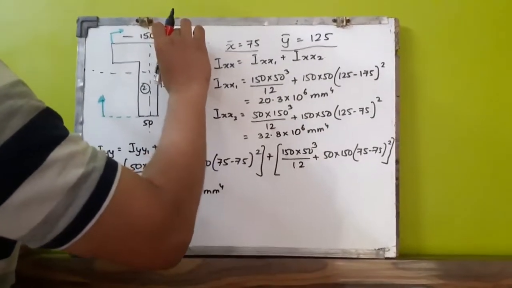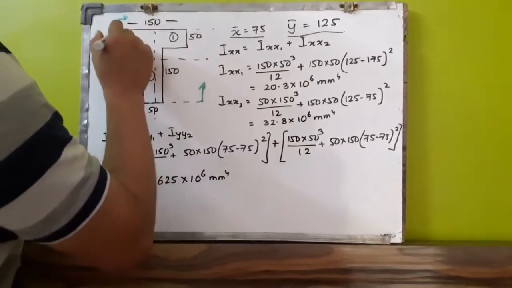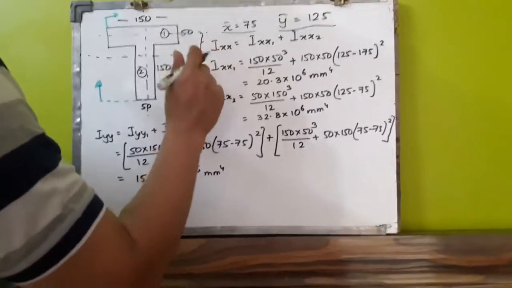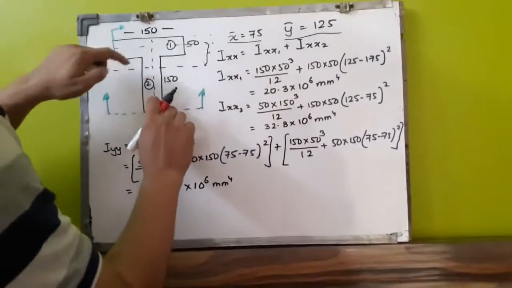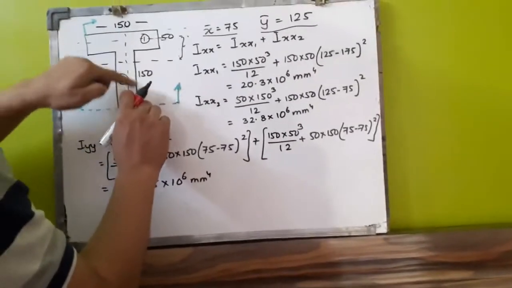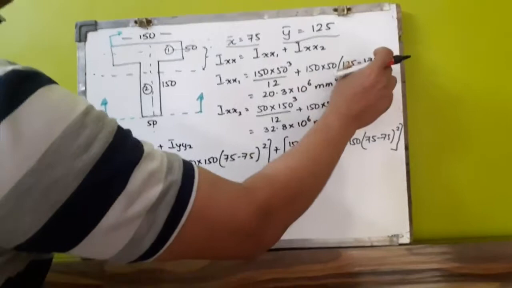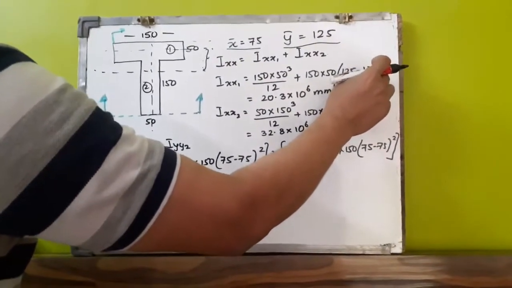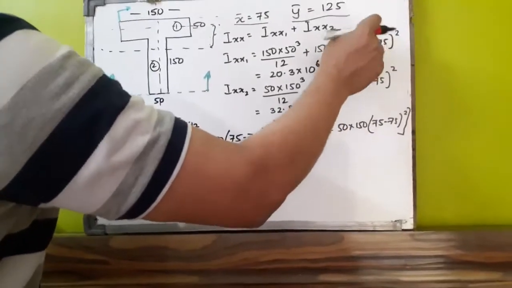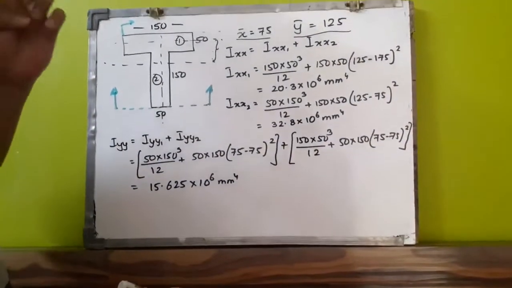You need to transfer it from here to here. So the centroidal axis of body 1 actually is here, and you need to find out this distance. So this distance is how much? From here to here, this distance is 175. From here to here, the distance is 125. So this distance is 175 minus 125. You can write it either way, 125 minus 175 or 175 minus 125, the whole square will obviously give you the same answer.